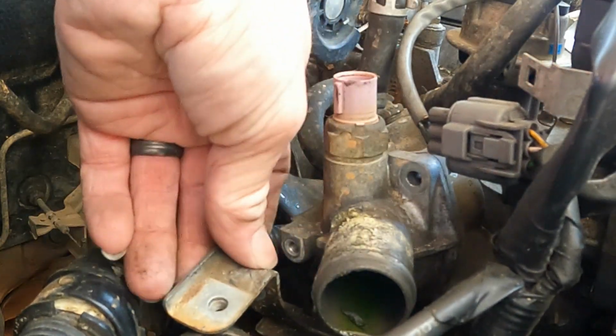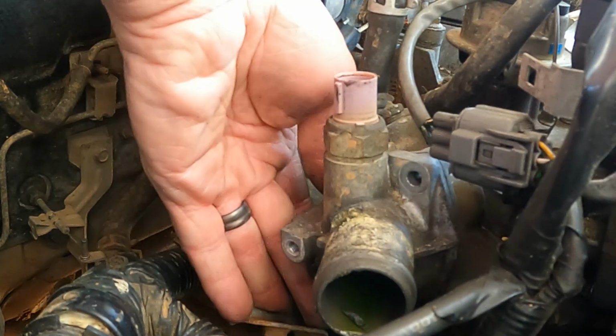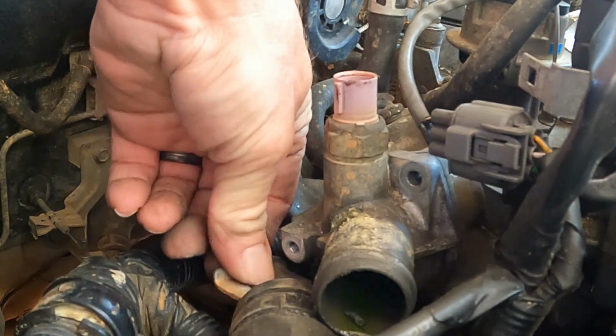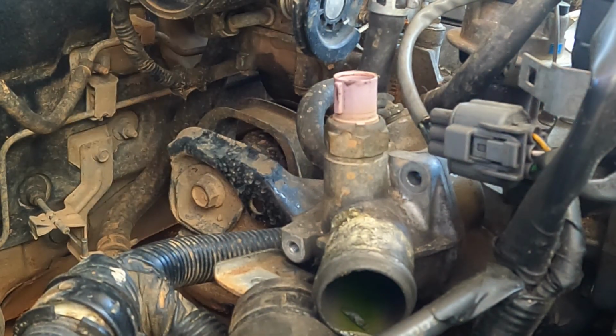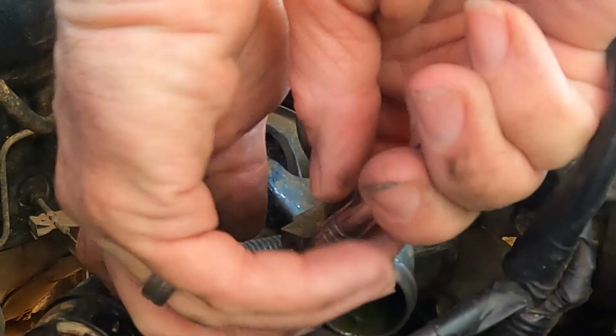Alright guys, so we got to move this bolt so that we can get this off of here. But we got our one screw out right there. But the other bolt is kind of back here that actually holds it on, so we got to get that one off of there. Fill it back up underneath here. Like I said, it's